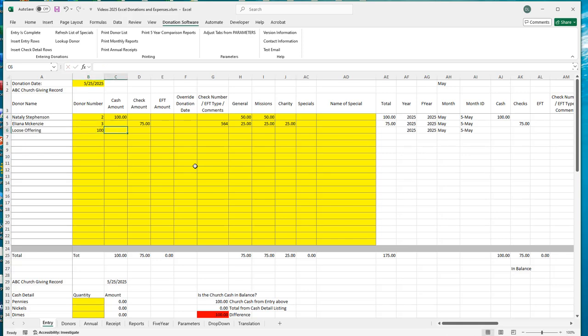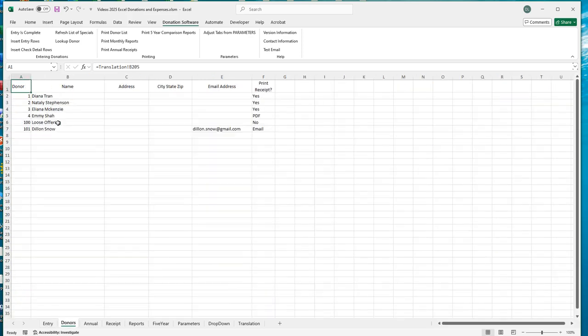Typically when we're doing our list of donors, you will want to pick a number. If you have a small number of donors, you might want to pick a number like 100. If you have hundreds and hundreds of donors, then maybe you want to pick a number like 1,000 and use that for your loose offering, or your non-categorized, meaning cash was given, but there's no name associated with it. You might want to make a